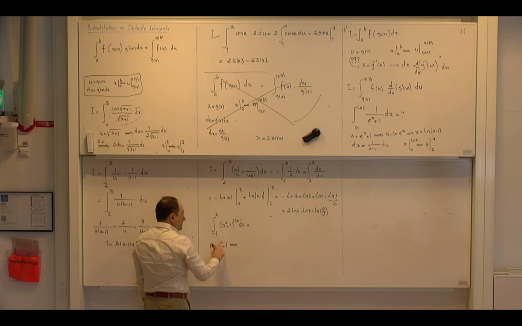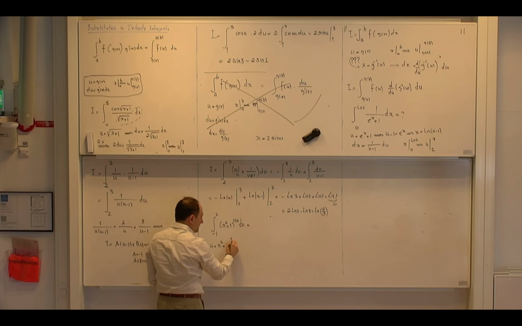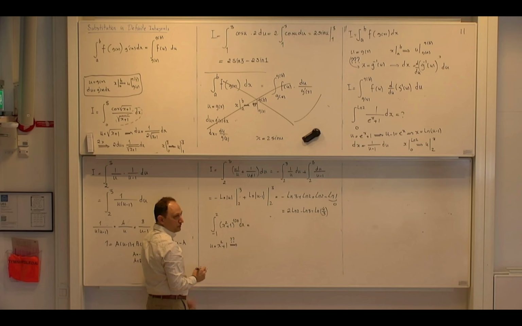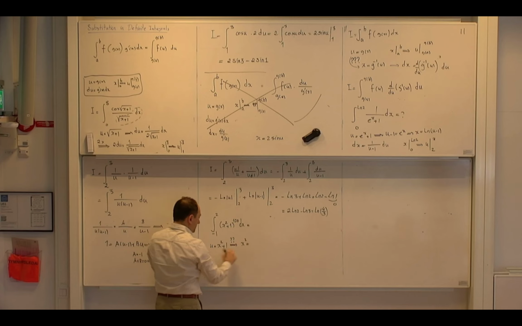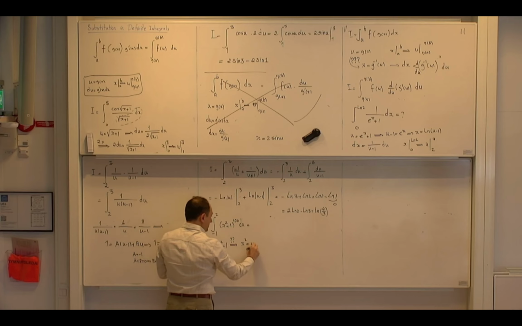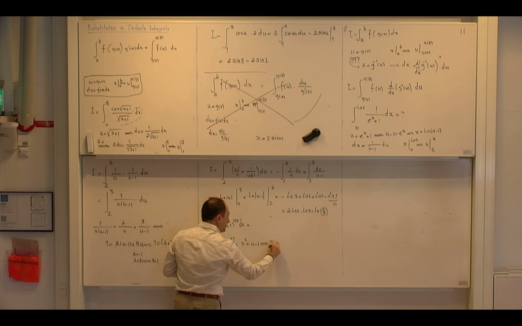You want u to the power 100, that is no problem, but you want to get rid of x here. If I just differentiate, I will have 2x dx, but I don't have an extra x to help me get rid of it. So it motivates me to find the inverse. And that is what I want to say. So if you take this one to the other side and just take the square root,